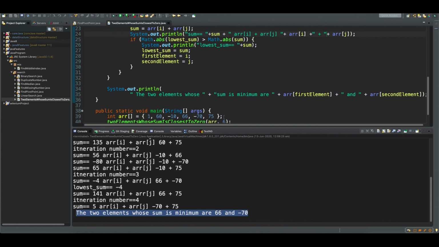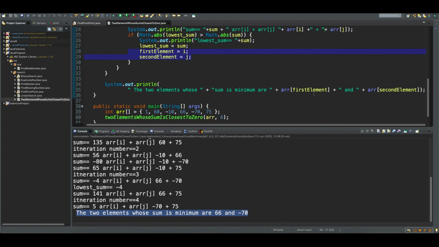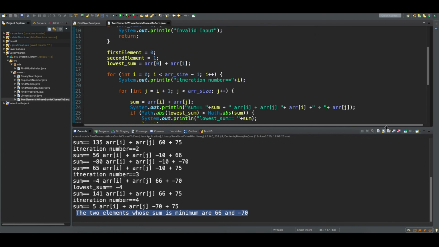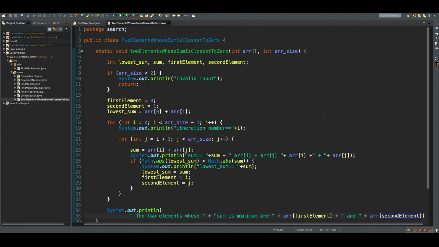From where is this getting printed? Because we have a print statement here, right? And that's where these two elements helped us. These two elements helped us to print the data, the first element and the second element. So you understood how you should approach this program, and how you should attack it. So in an interview, always first write the input, try to figure out what the pattern is, and then write the logic.